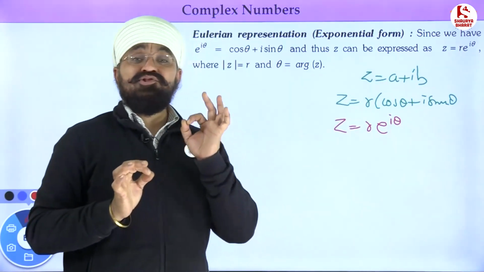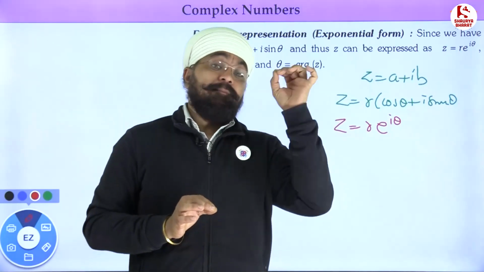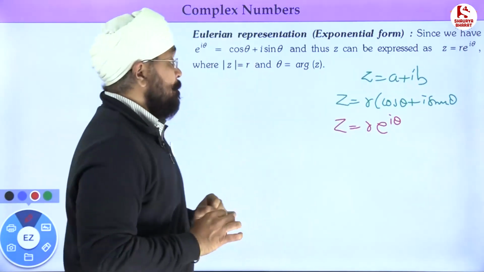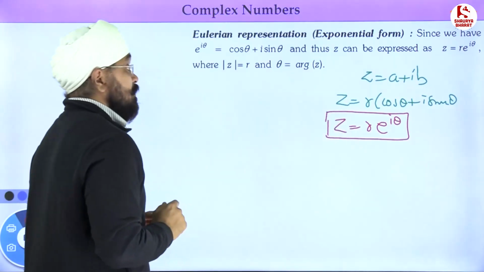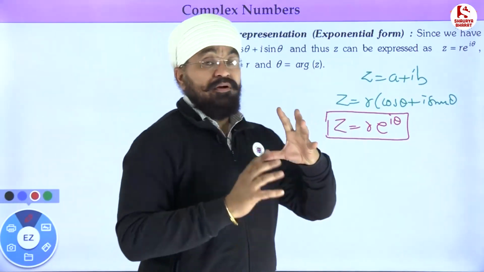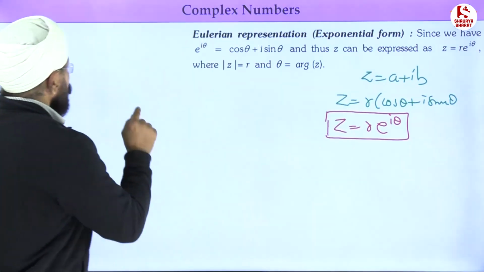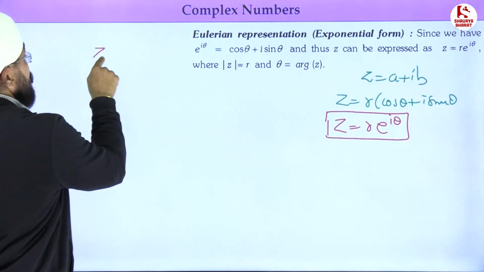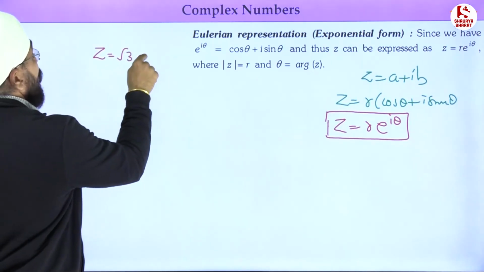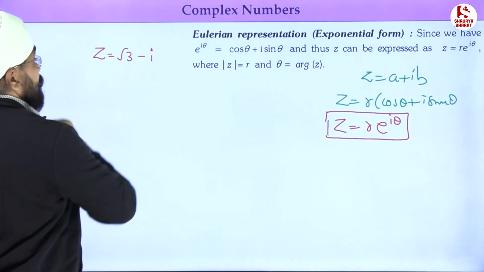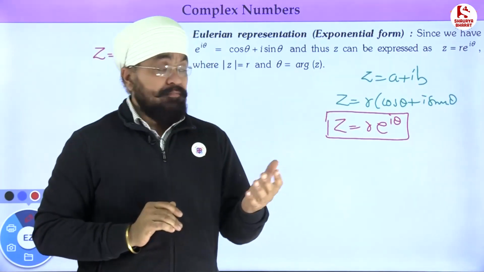We just have to check the argument. That argument will be written in the power of e with iota. So this is Euler's form where the exponential is being used, and this will give you a much shorter form of a complex number. I'll take one example here. Say, for example, Z equals root 3 minus iota. If that is the question given to you, where we have to find the Euler's form,